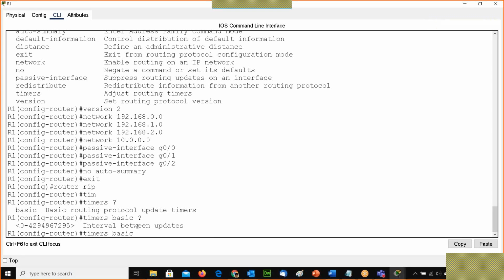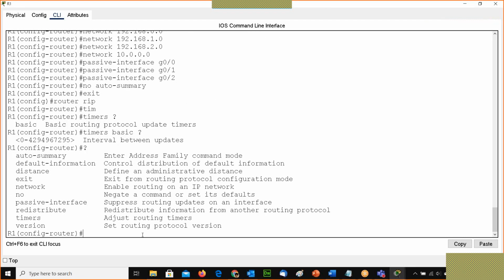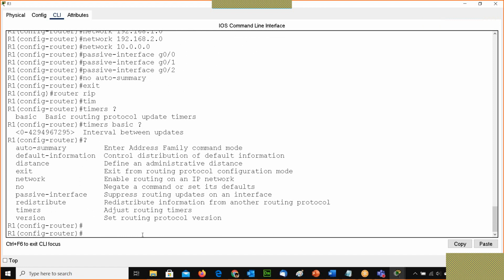By default these values are there, and we can change the timer value. Okay. We should not do it, but if we still feel that we can go and change the values of the timers, we can go and do it. Okay. We can also have some other things.